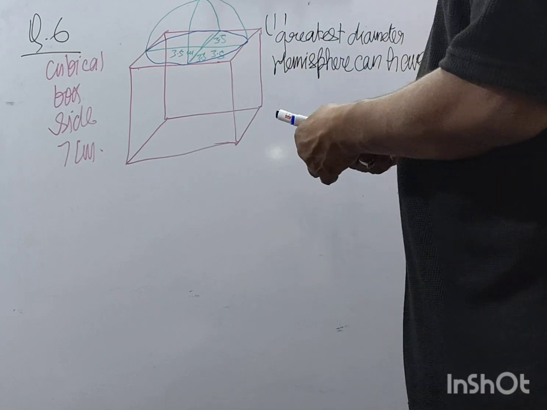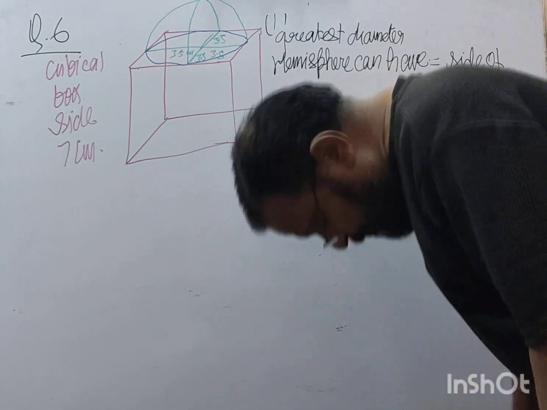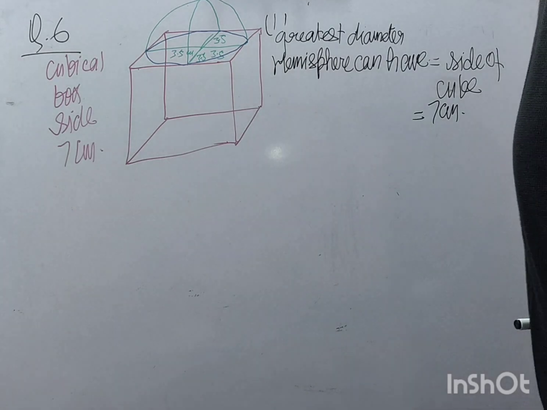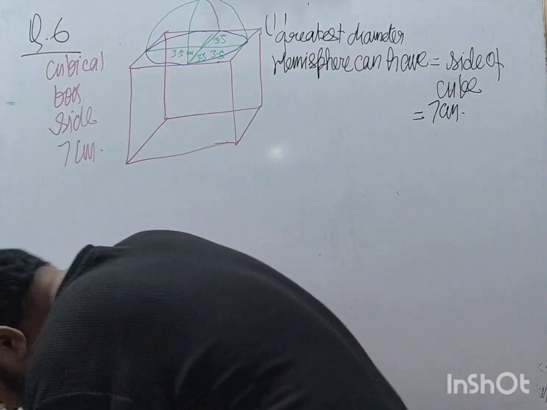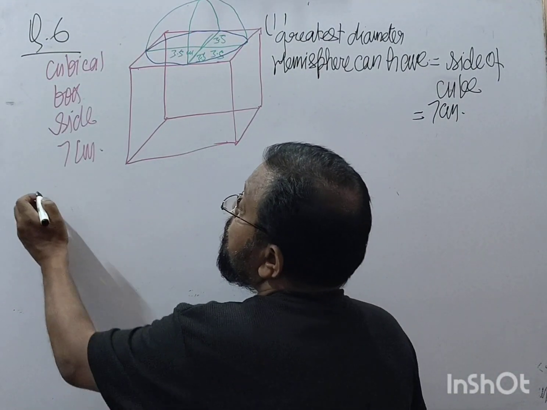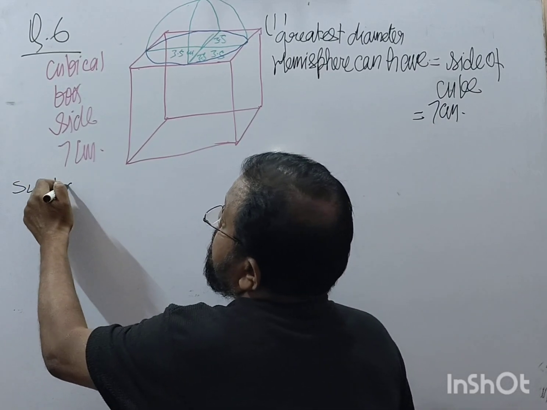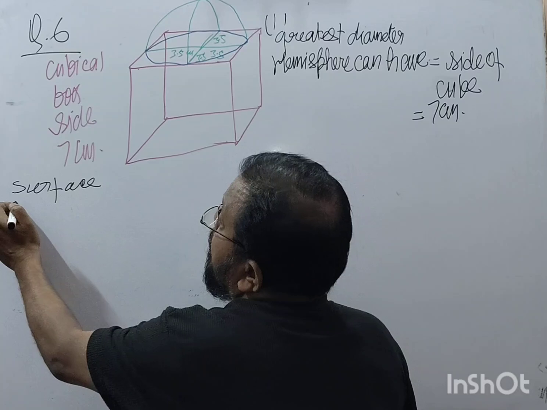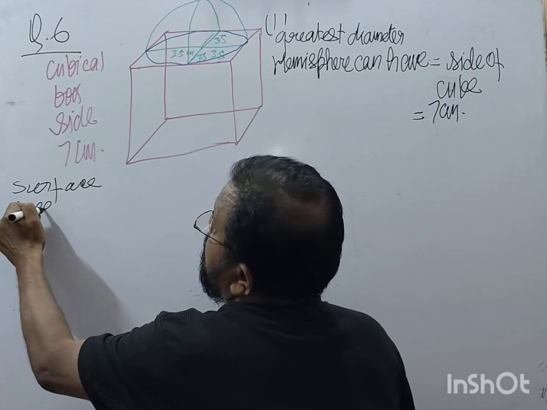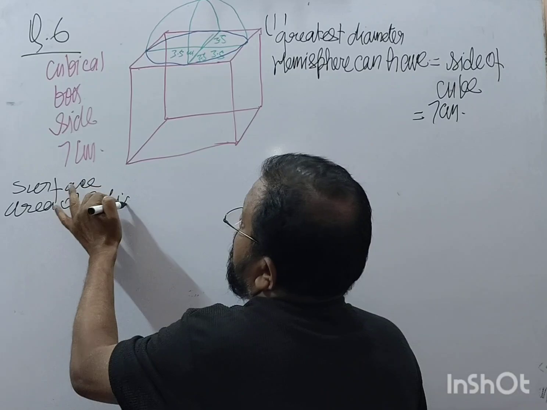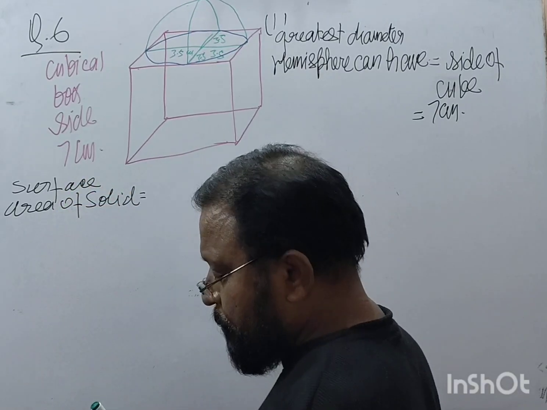So what we have to find? Surface area of solid. So surface area of solid is equal to